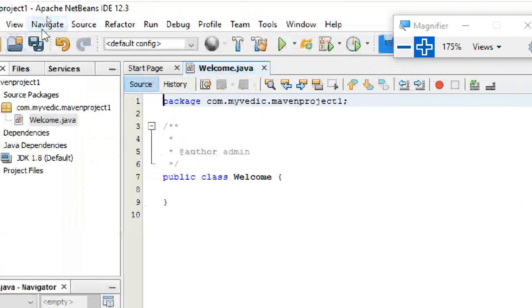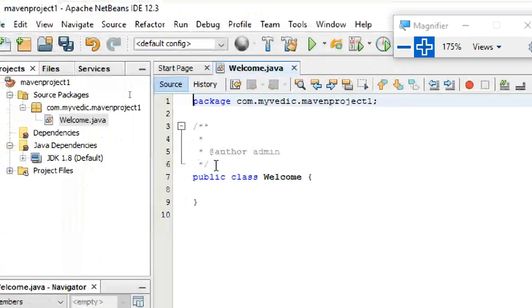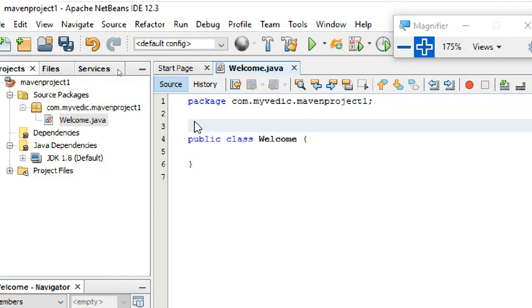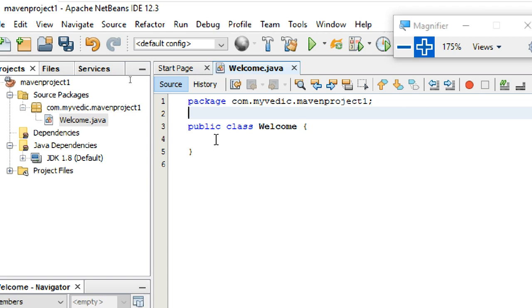We can change the size of the text also. The first line represents which package you belong to. So when you are executing the program, this is my package, I found it last time but I forgot it.